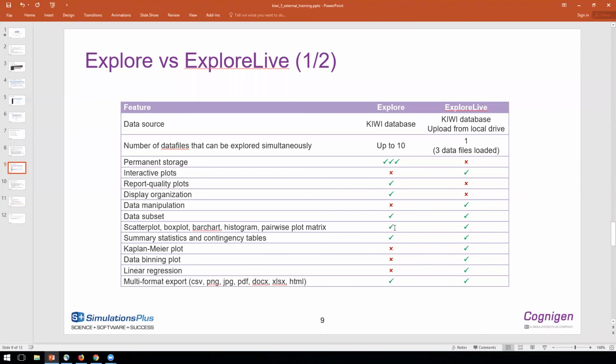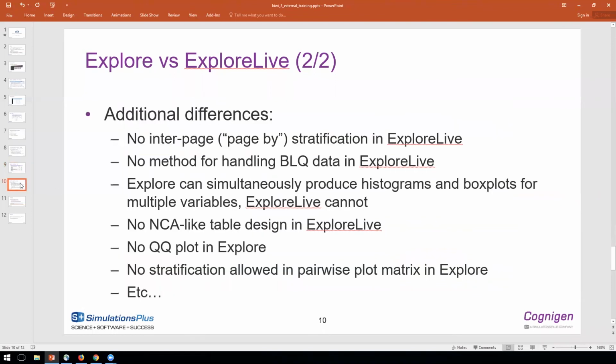Both provide subsetting functionality and similar types of EDA types. Explore Live provides some additional plots like survival, Kaplan-Meier plots, things to explore data binning for VPC, linear regression, and so on. There is some additional functionality that differs between the two. I'm not going to go into too much detail about that, but